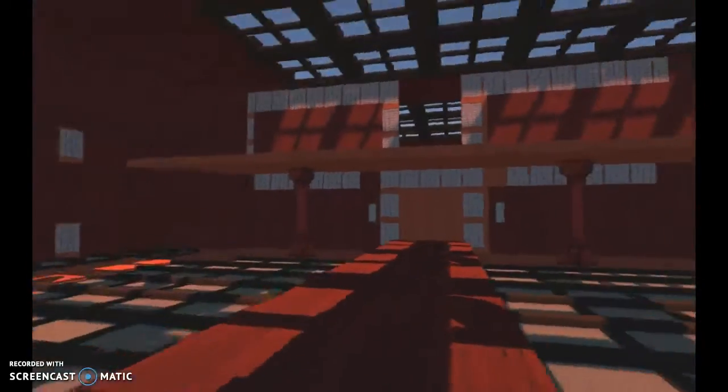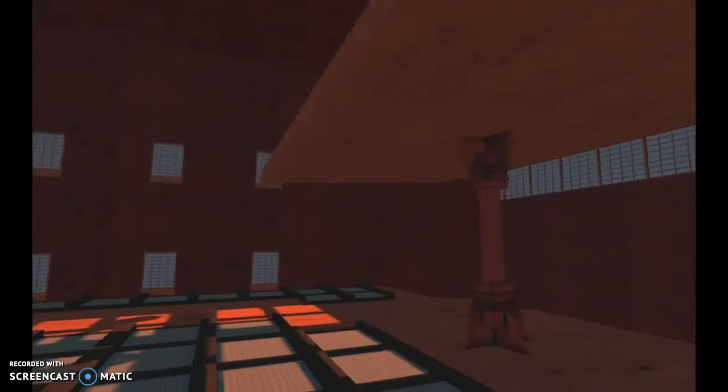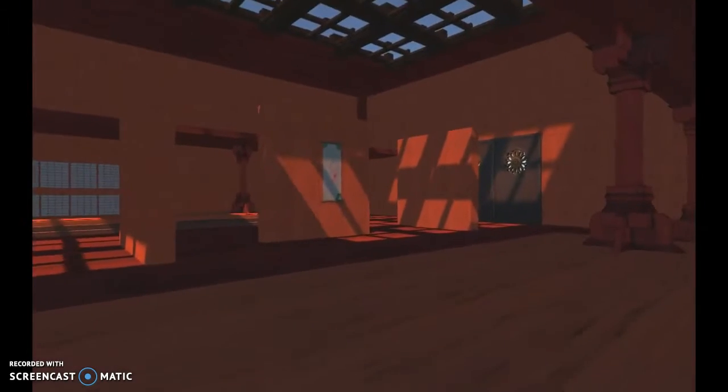So this is the Kabuki Theater. I had 2 weeks to work on this project, and it was a pain with the way I had to divide all these walls and make sure that the walls weren't Z fighting. The Z fighting issue was the biggest thing,